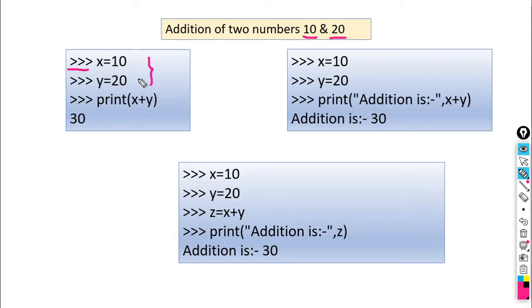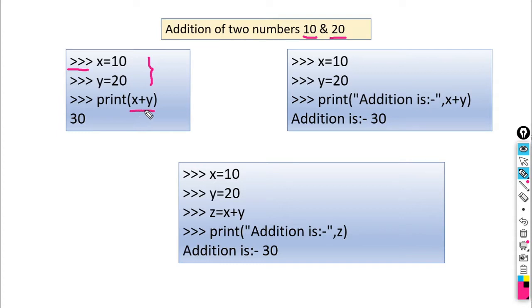By using this first method, we can directly write the mathematical expression in the print statement itself. So here x is equal to 10, y is equal to 20, and within the print statement we do the mathematical operation.